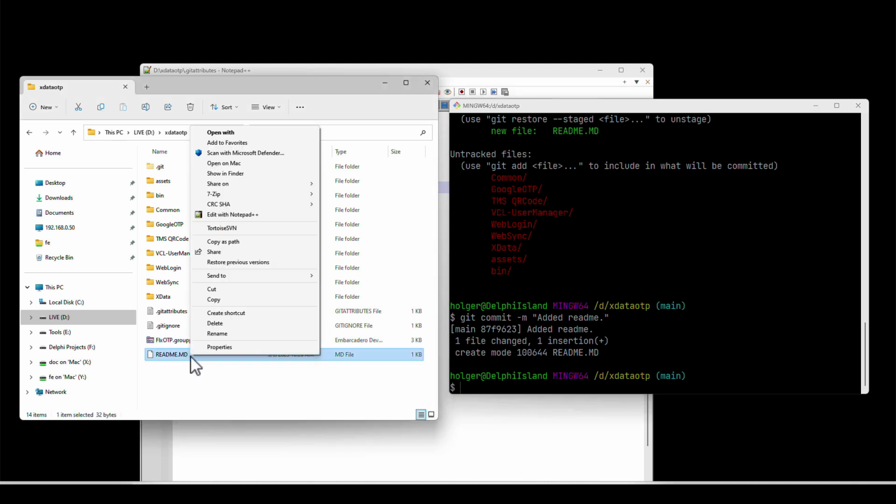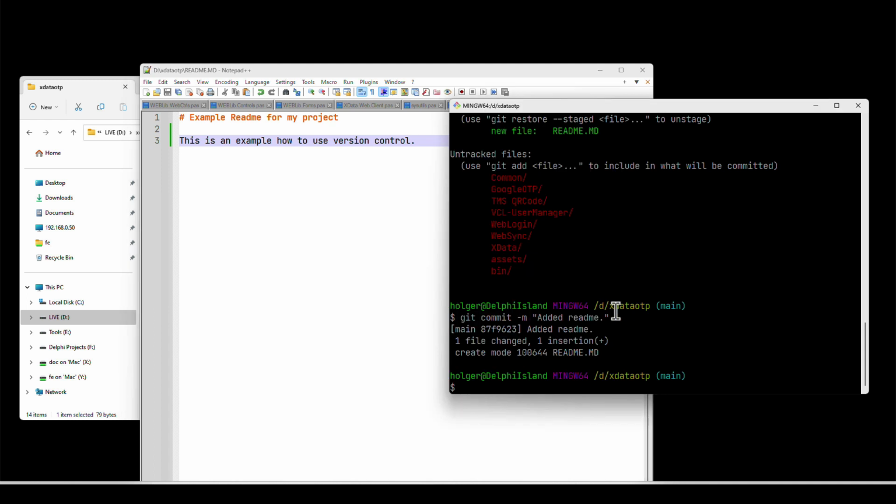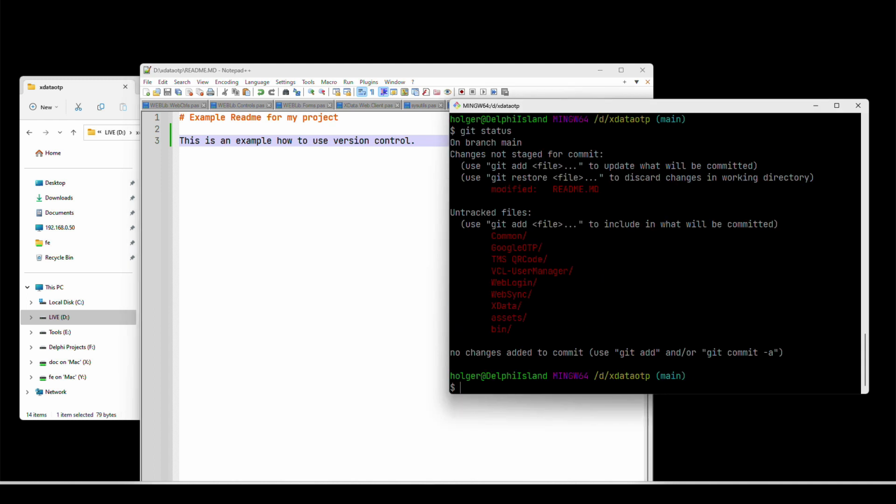And now you can even, if you make changes, this is how it works. So let's say we make a change to here, and we say this is an example how to use version control. Save. And now we say git status, and we see that readme.md has been modified.